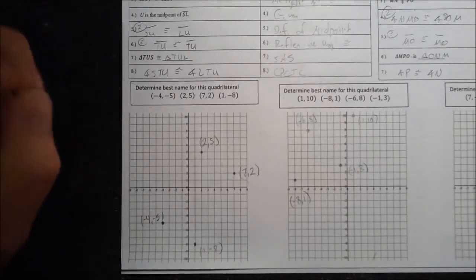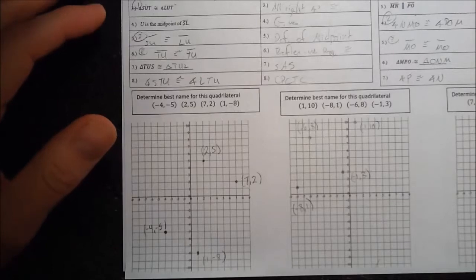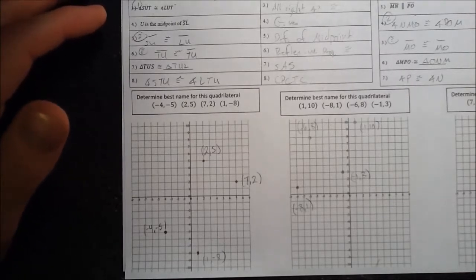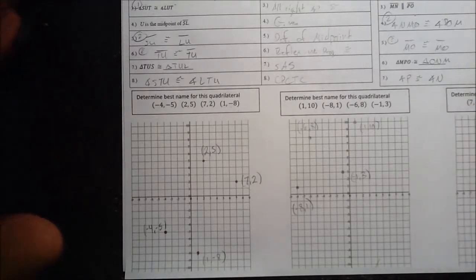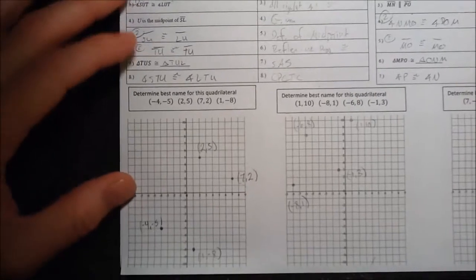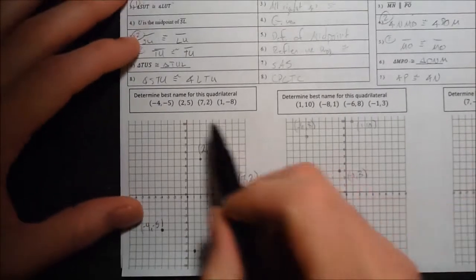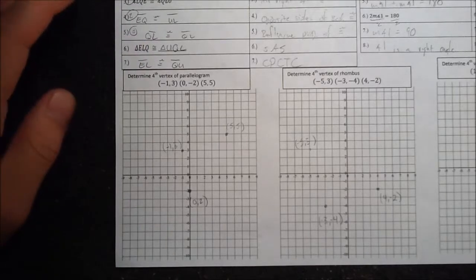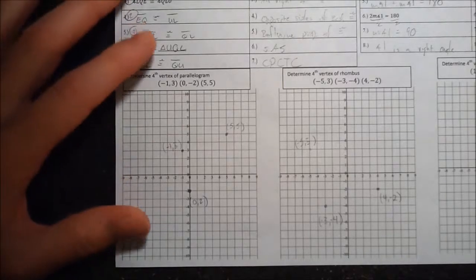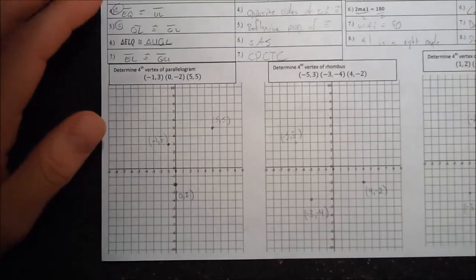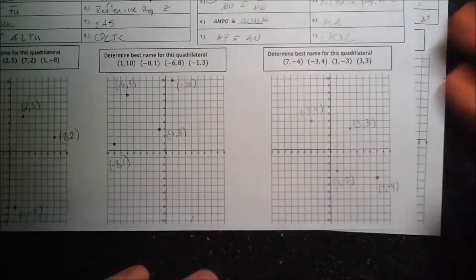Alrighty, these videos are the second part of that proof practice packet that I handed out in last class. On these videos, I'm going to focus on the quadrilaterals on a coordinate plane, whether that's determining what type of quadrilateral it is when given all four of the vertices, or when you're trying to determine what that fourth vertex is. As you can see, I have already plotted those points just to try to make these videos go